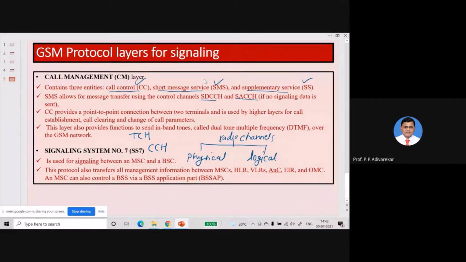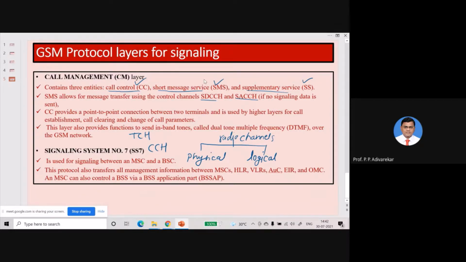This can be done via several layers initiated by the GSM. Suppose in the case of dropping of a call, the network may also drop a call, which is initiated by the network. So CC is the mediator between the user and the lower layers.